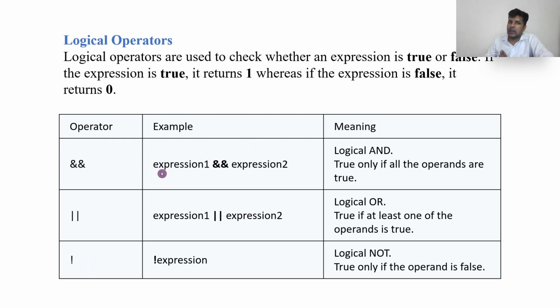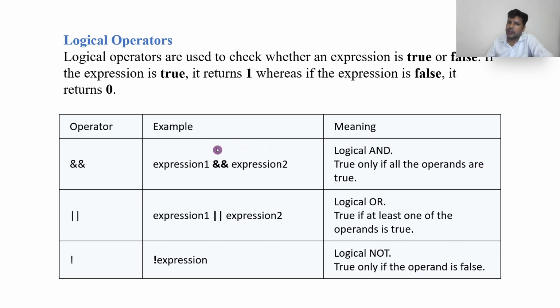For example, if expression 1 and expression 2 are true, then only it will return true. And in the or, what happens? If expression 1 or expression 2, any one is true, it will return true. Here in and, both of them should be true, otherwise the rest are false. Once again let me repeat. In the logical operator and, if both of them are true, then only it will return true, otherwise it